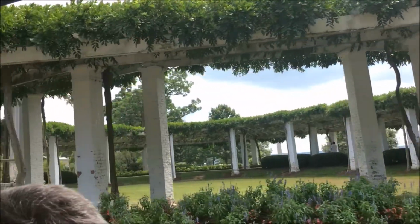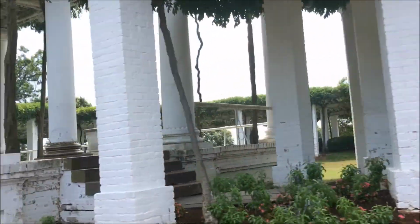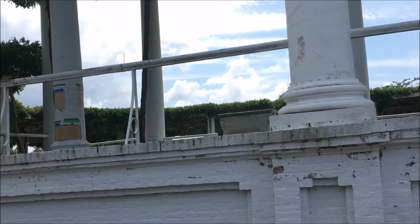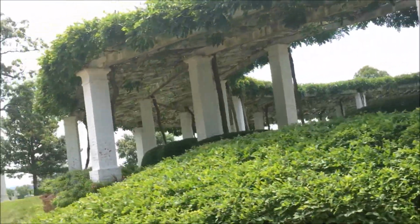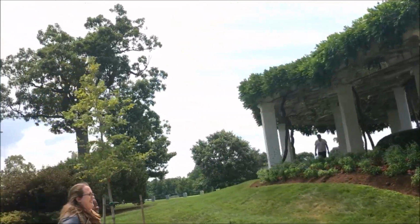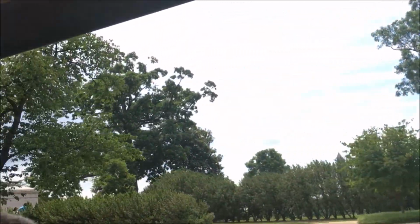Next, ladies and gentlemen, we're now coming around into historic Arlington House, and this is your opportunity to hop off and to see the beautiful view that President Kennedy saw that made him want to stay forever. Also here, you have the opportunity to walk through Arlington House, take a tour or a self-guided tour. There are park rangers to answer questions. The restrooms are